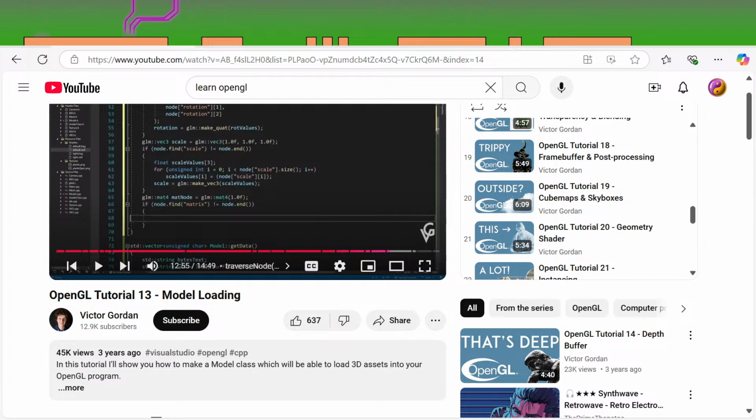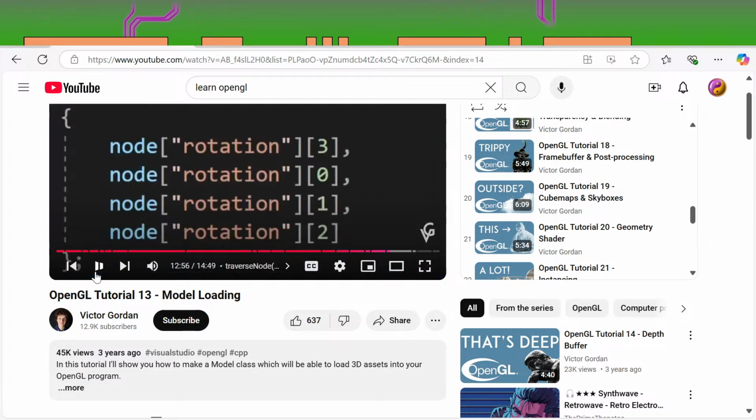Scale, that size. Scale values, I, node. Okay, I was about to say: scale equals GLM make average. Mat node, GLM mat4. And that is one thing I forgot: node find matrix. And then he's going to put in a little more code, because notice how if